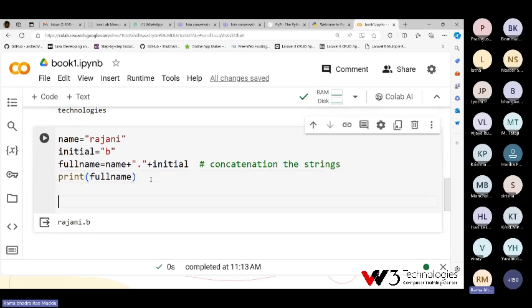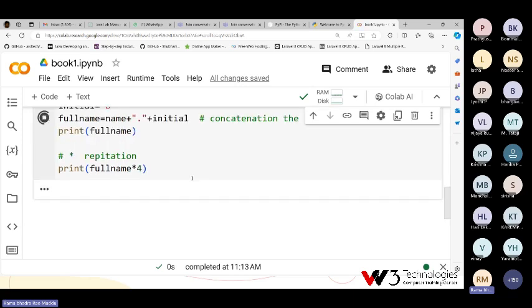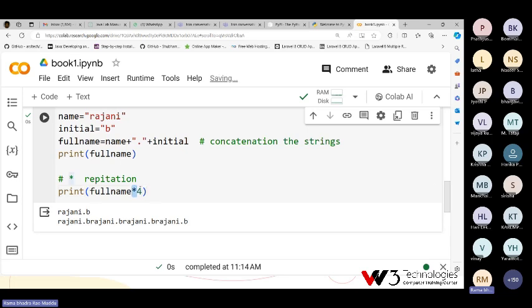Another one: you can multiply. Asterisk is used for repetition. For example, if you use full name into 4, full name will be printed 4 times. Rajini B, Rajini B, Rajini B, like this it is printing 4 times. The asterisk is used for repetition purpose.